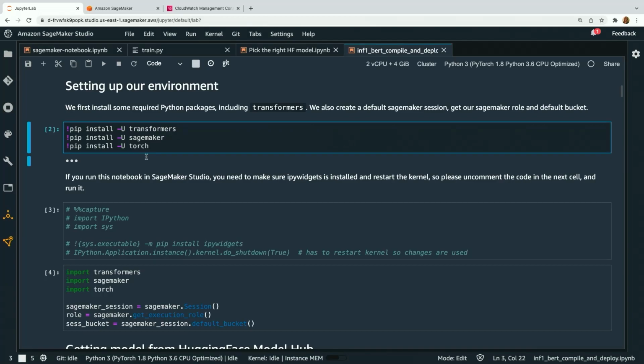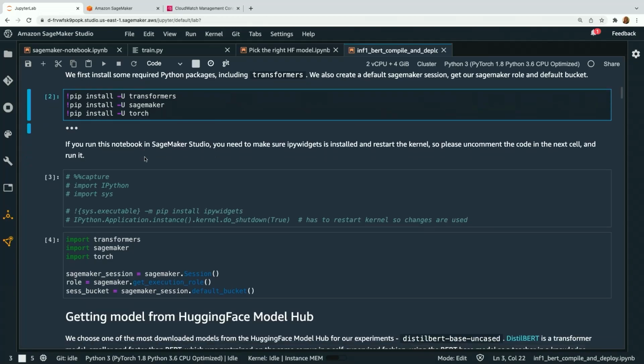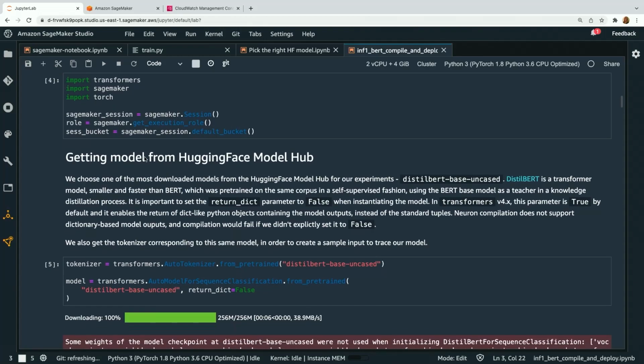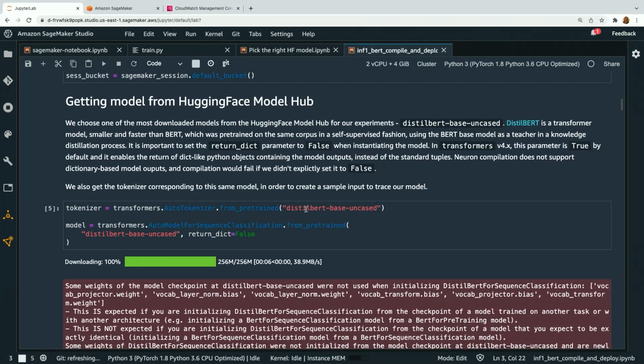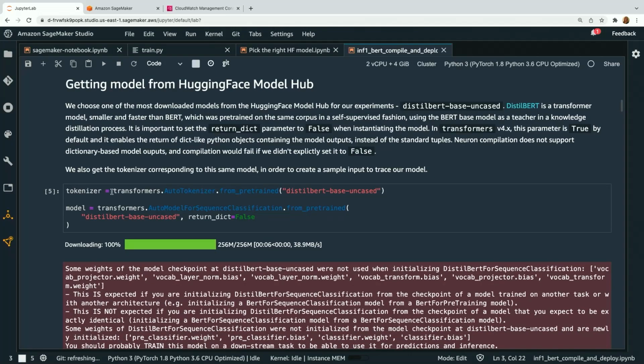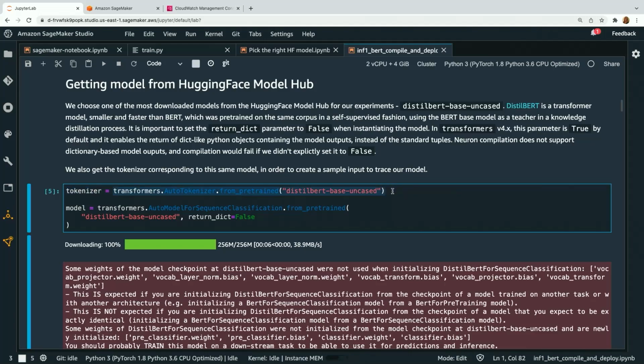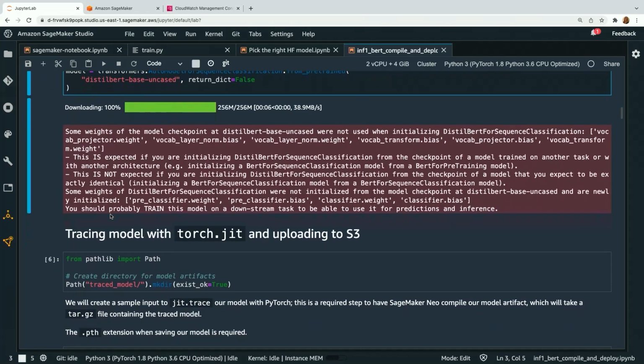So first, we're going to follow the same flow where we're going to install, again, that Transformers SDK. We're going to install SageMaker and then PyTorch. And then we're going to point to a model from the Hugging Face hub. So that's the same DistilBERT model we've been seeing throughout the series. And so, again, this is the construct that you should be pretty familiar with right now. So Transformers, again, that's their SDK, AutoTokenizer.from_pretrained, and then your model name. And so here we're going to load that tokenizer locally and the model locally. So both of those we're going to download from the hub.